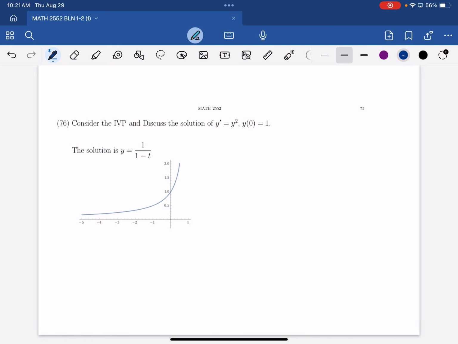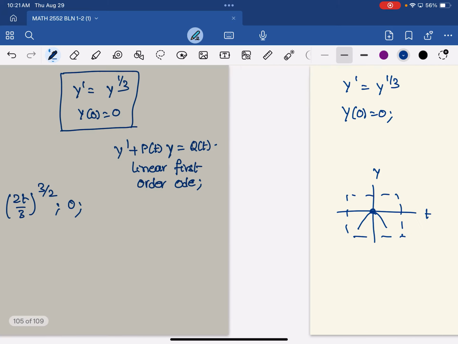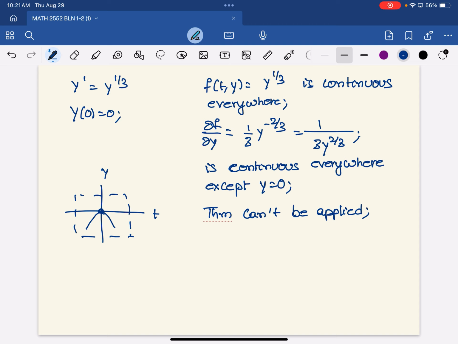Now the next problem. So what are we talking about? We are talking about linear problems, which are pretty straightforward. For a non-linear problem, if your function is continuous and your partial derivative of f with respect to y is continuous, you're guaranteed a unique solution in some smaller interval around the initial value. We did another problem where your function f is continuous, but partial f partial y is not continuous. In this case, what you get is that there exists a solution. Very loosely speaking, if your function f of t, y is continuous on